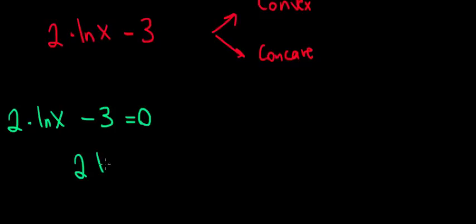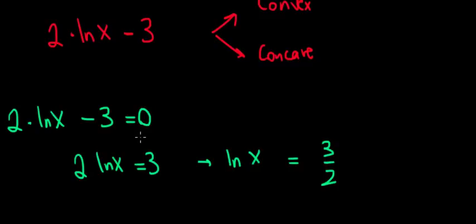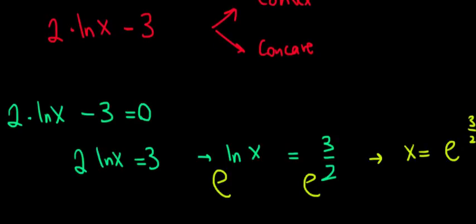That means we have 2 times ln of x equals 3, which means that ln of x equals 3 over 2. Now, if we want to keep x on one side only, we can use the logarithmic property, where we take e to the power of both sides, such that e and ln cancel out. So we're left with x equals e to the power of 3 over 2. Alright, if that's the case, and we put everything on a number line,